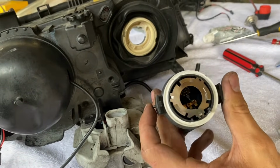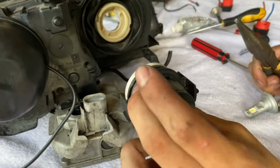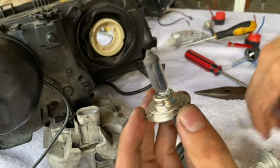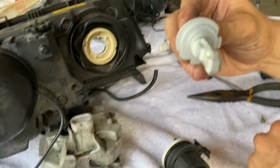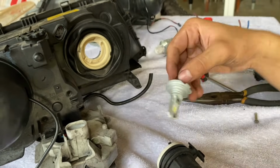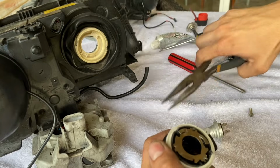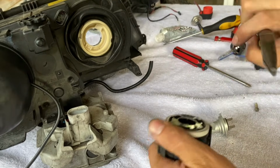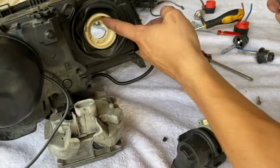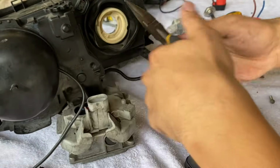All right, so something I had to do inside of here for the other one to fit and be able to get the right angle for this bulb. So, you know, regular halogen bulbs produce light 360 versus a LED. It's better to have it perfectly straight versus, you know, a little bit slid. So I did just break off these little tabs. All they do is just make sure that the bulb clips into the exact position. Same thing as well inside of here, there's some little tabs. So I'm just gonna take some pliers, break them off,